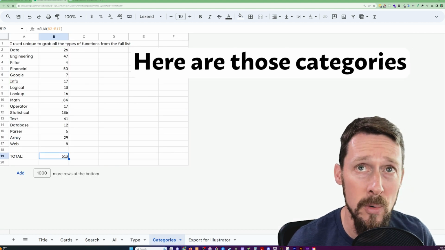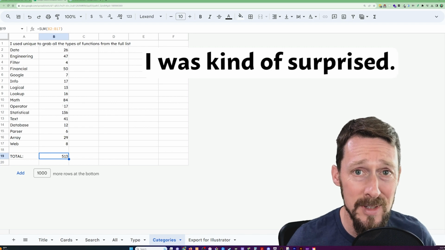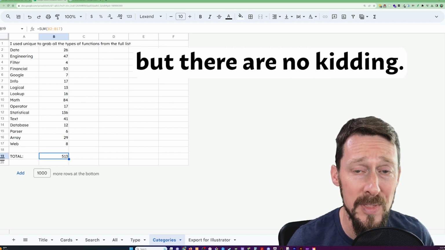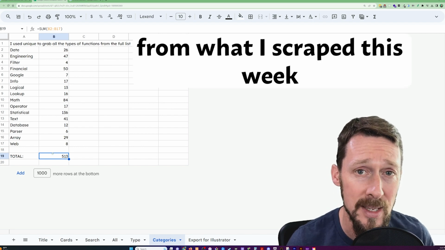Here are those categories and the number of functions based on each category. I was kind of surprised. I figured there was a couple hundred, but there are, no kidding, 513, at least from what I scraped this week